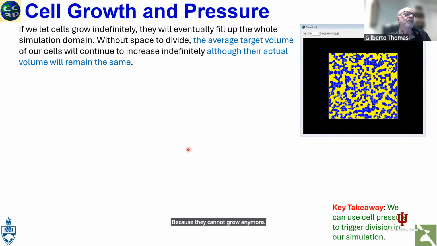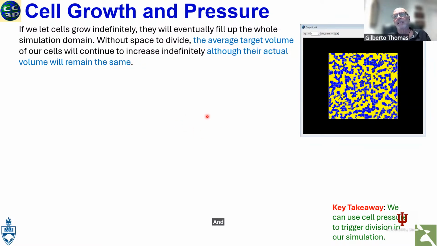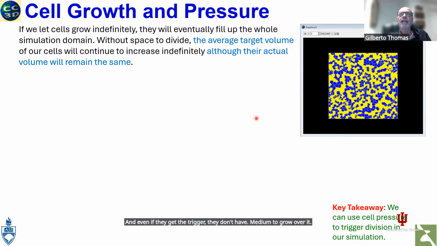If they don't grow anymore, they cannot reach the trigger. And even if they get the trigger, they don't have medium to grow over. A cell cannot grow over another cell because both cells have the same